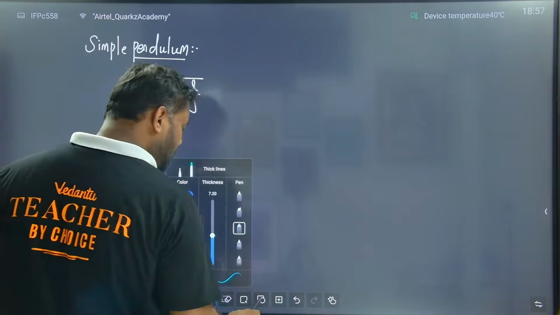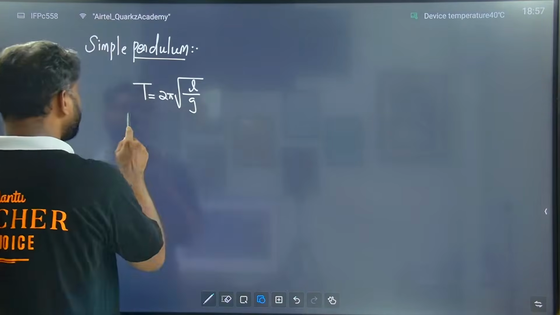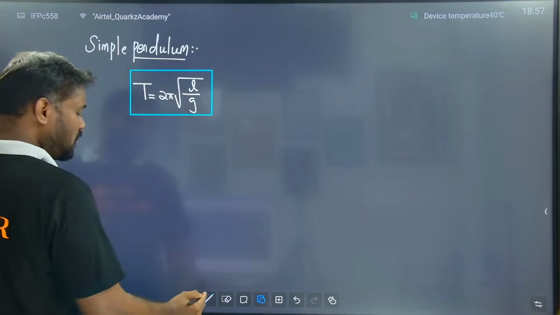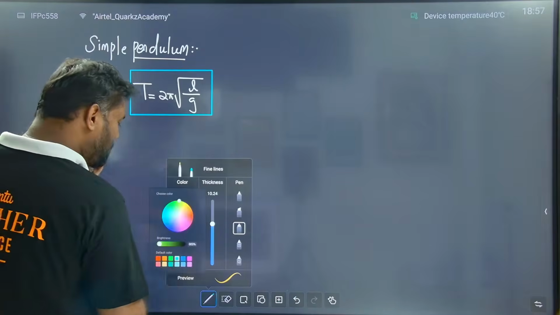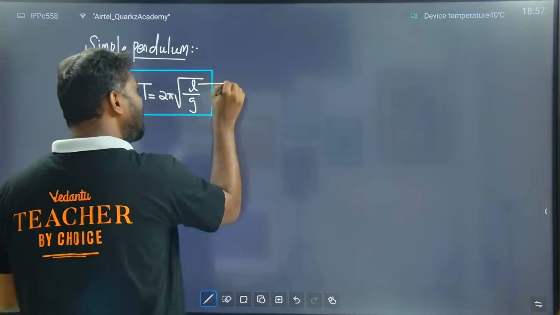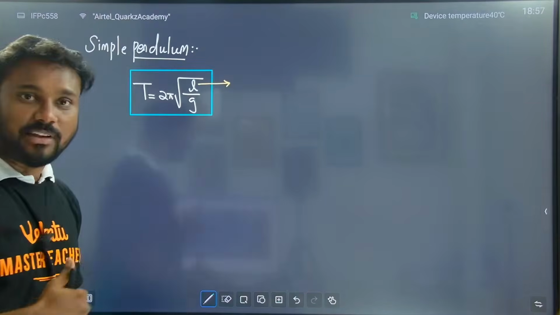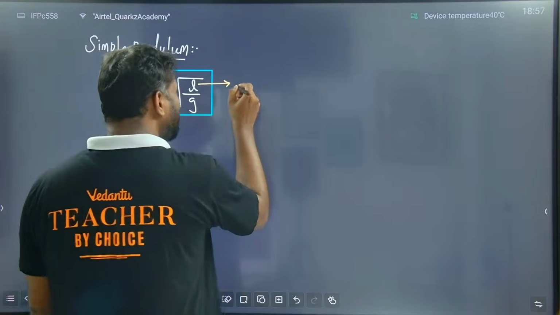Idha base panni thaan namma problemae start panna porom. This is what is the root under L by g. So what is L ngirathu enna? Problem edhai base panni irukum? This must be known clearly. Problem ellam edhai base panni irukum? So this is what is L. L ngirathu enna sollalam? This is what is effective length. Effective ngirathu enna sollalam? The distance between